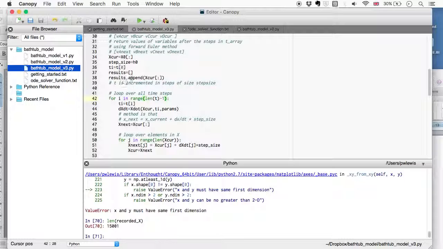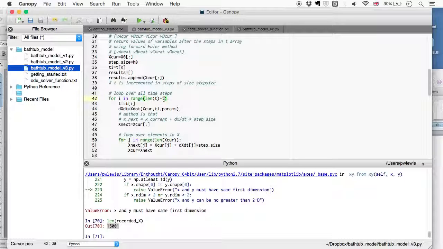Because I fill in the first time step here, I think I need to decrease that by 1. So then this will run for 1500 steps or 15,000 steps. So I can either decrease that by 1,